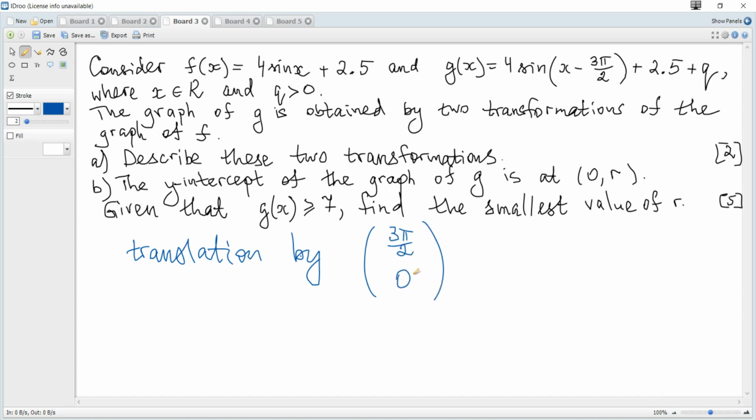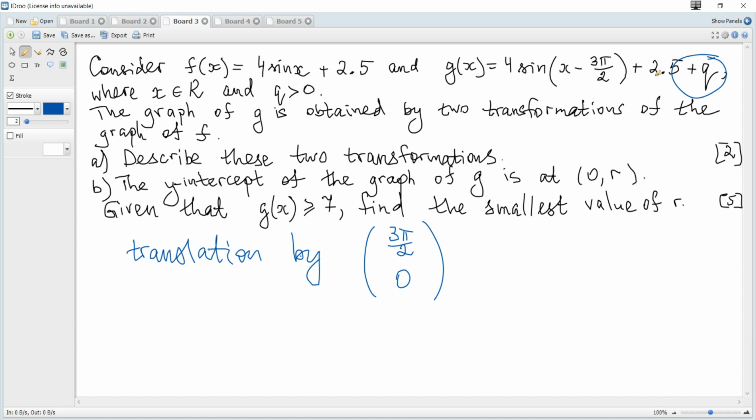It implies to the right because it's minus 3 pi over 2, and since it's the x coordinate, not the y, it implies horizontal. So you may say horizontal translation by 3 pi over 2 to the right, or just translation by (3 pi over 2, 0). And the next transformation, we can see that plus q